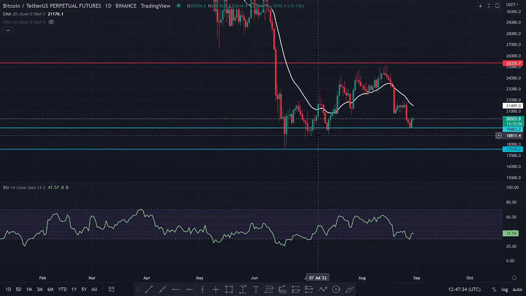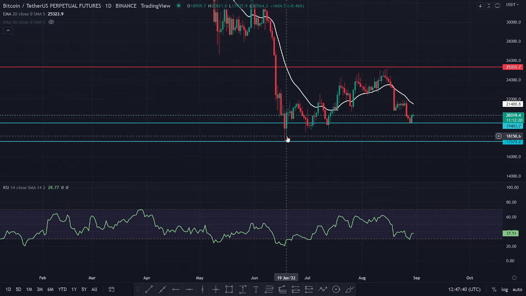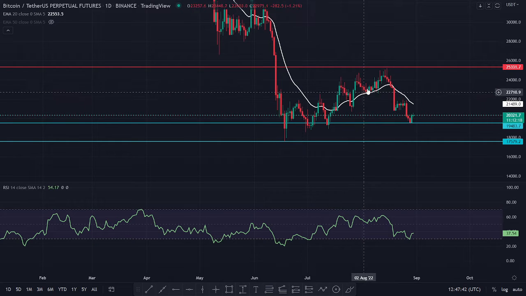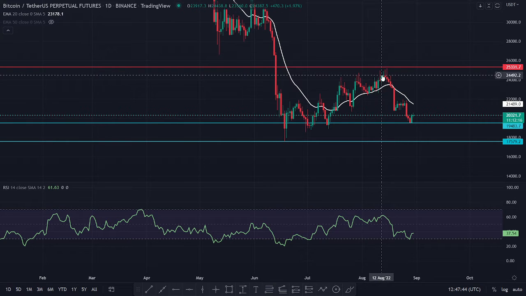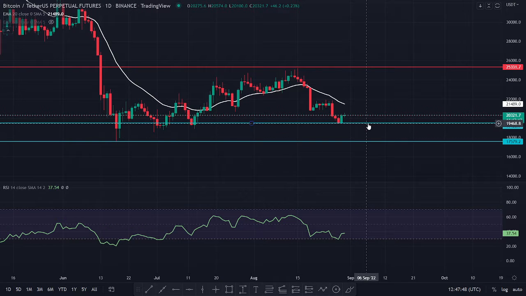If Bitcoin is actually breaking below the support level, you can possibly expect Bitcoin to go to this $17,000 mark. And $17,000 here is going to be a major support for Bitcoin, because previously on 19th June, you saw that Bitcoin had a nice small term uptrend in the daily chart from there. But since the selling pressure on Bitcoin is so high, I don't think that Bitcoin is going to be stopping at the $17,000 mark. Possibly.